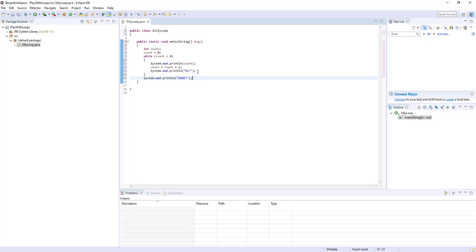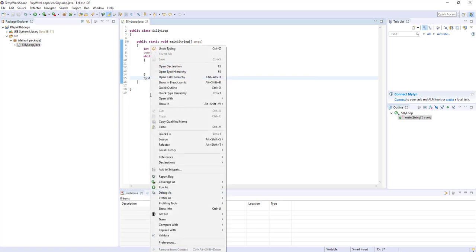Sometimes those red squiggles will be laying around and you can't figure out what's wrong. One thing to look at is if there's an asterisk up here, that means you haven't saved the file. You can use Control S to save, and that will force the compiler to run one more time. So sometimes that's the way to get rid of the squiggly lines because the compiler is just confused and needs to run from scratch. So I have my code here,